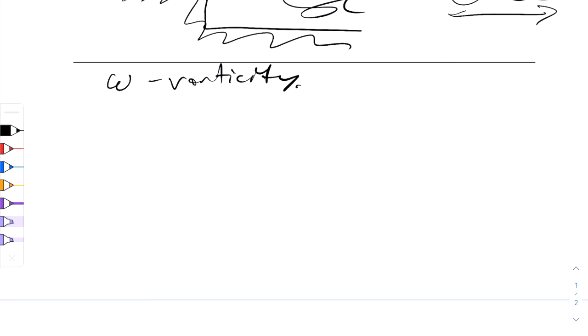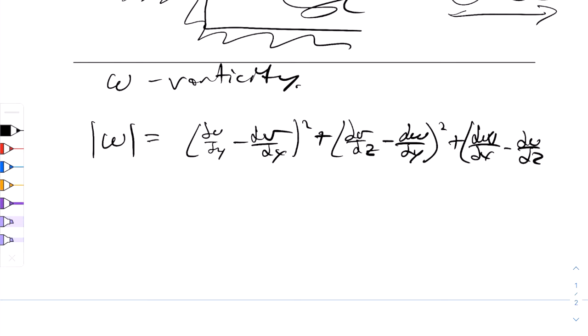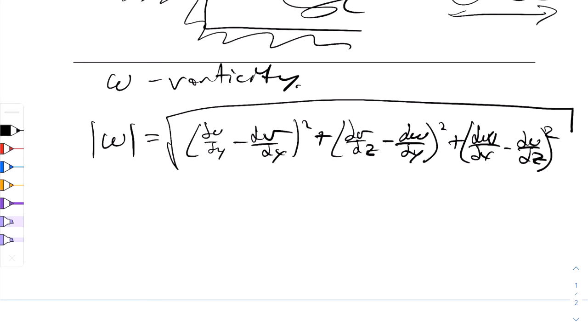And just to remind our viewers what that is, a magnitude or modulus of vorticity omega is nothing but the square root of (partial u partial y minus partial v partial x) squared plus (partial v partial z minus partial w partial y) squared plus (partial w partial x minus partial u partial z) squared. So you see this is just the three components of vorticity, squaring them and taking the square root, typical vector calculus. So now that we define vorticity, we can give the definition of Baldwin and Lomax inner turbulent eddy viscosity,